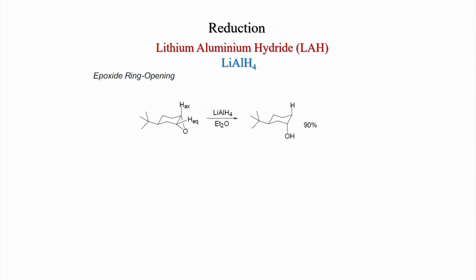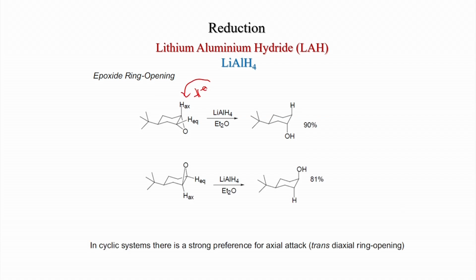If a cyclohexane system is there, and if you have an epoxide like this, if you draw it on the downside, then the hydride delivery takes place from this side. So hydride comes from here. So mostly it attacks axially. Strong preference for axial attack, trans-diaxial ring opening. Suppose this system, if the epoxide is up now and this becomes equatorial, this axial, so hydride will come from this axial side, you get this alcohol. Here it is down, here it is up.